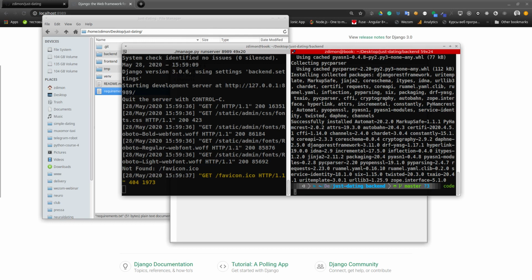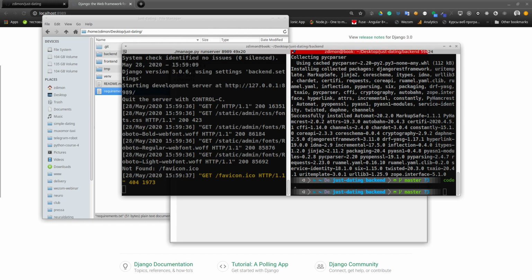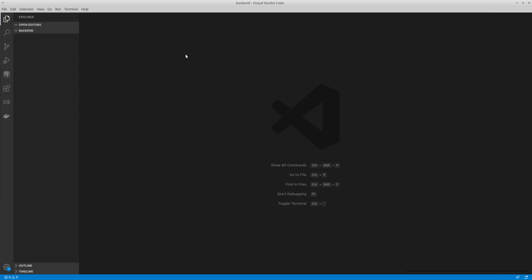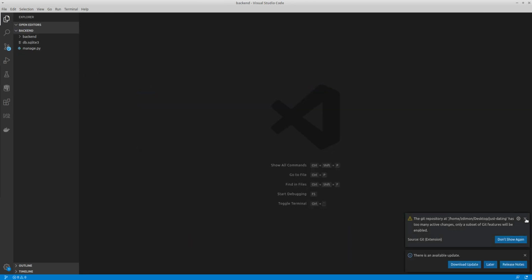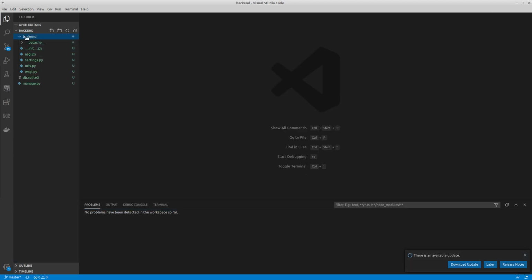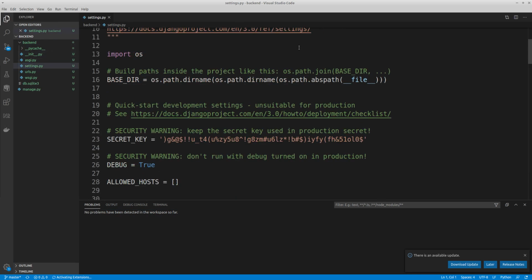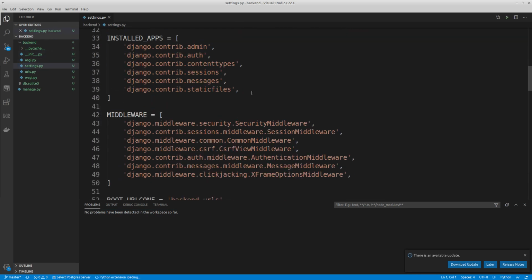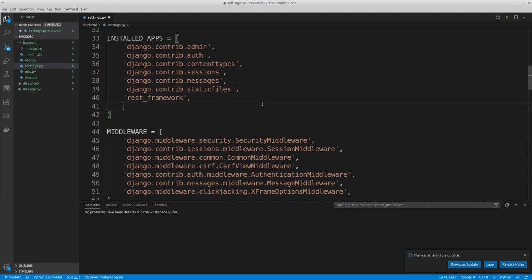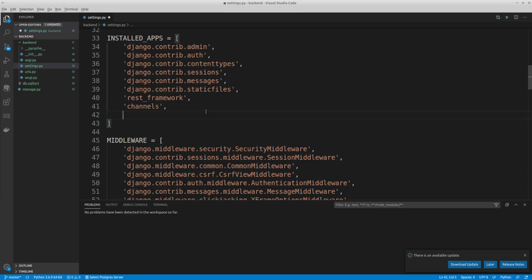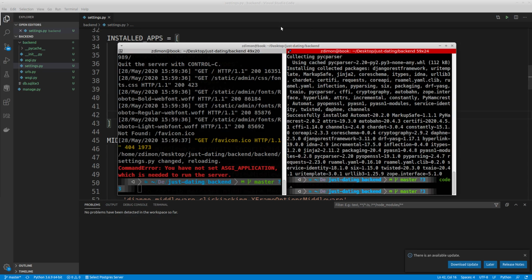Then I'm gonna open my editor in the current folder and see what I have inside my project. I have absolutely nothing yet. Not nothing, but something: I have a backend folder and settings.py file, where I can add my application that I just installed. The first will be REST framework, then channels, then Daphne. And after saving this file,